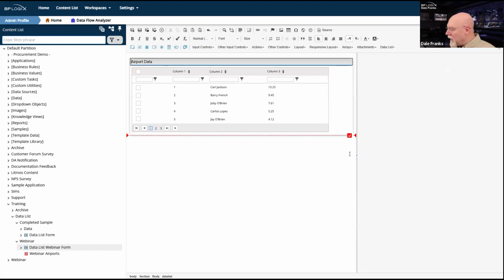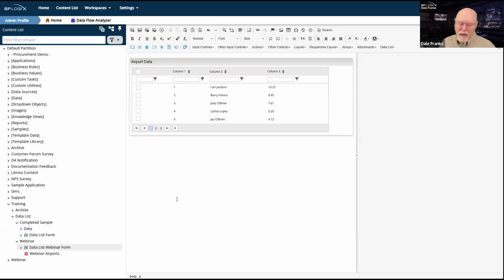All right, well, great. So my data list control is now built. It's on the form, but I want to do something with the data on this form. So I need to add some other controls here so that I can add that data. Let me start off with some non-array fields.